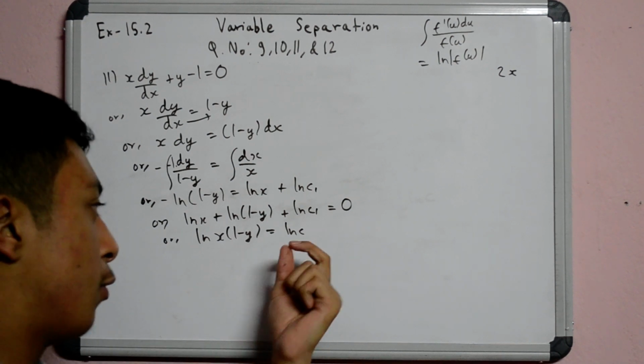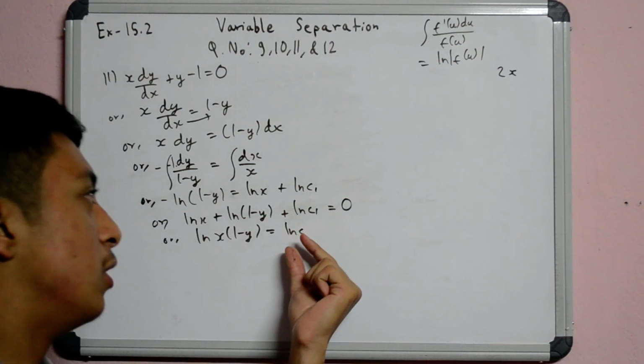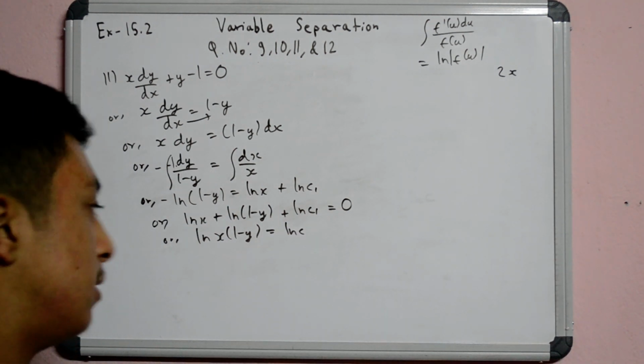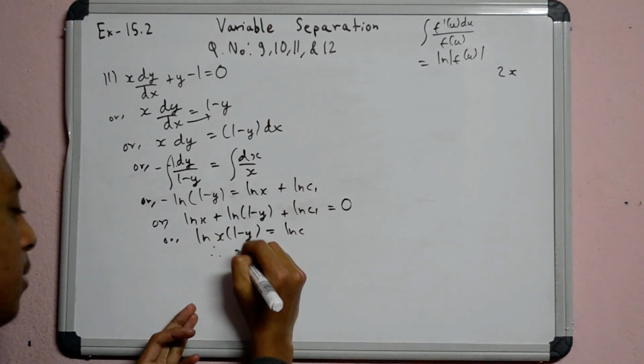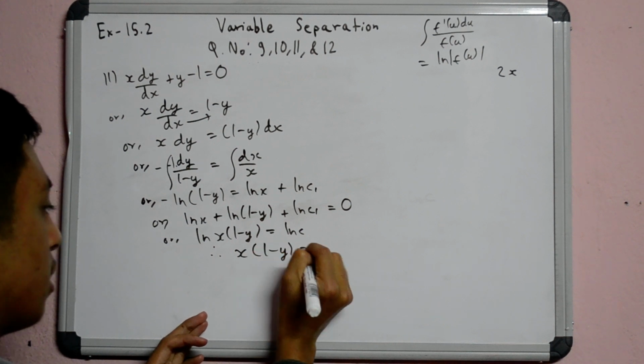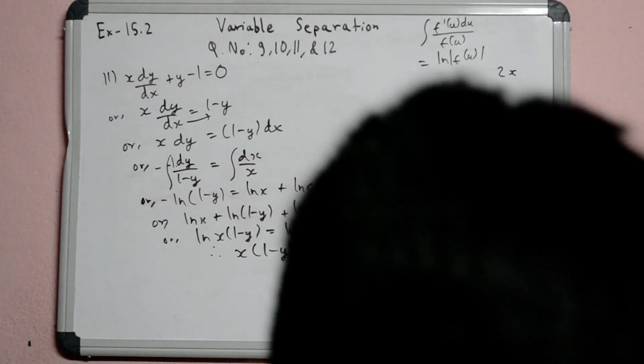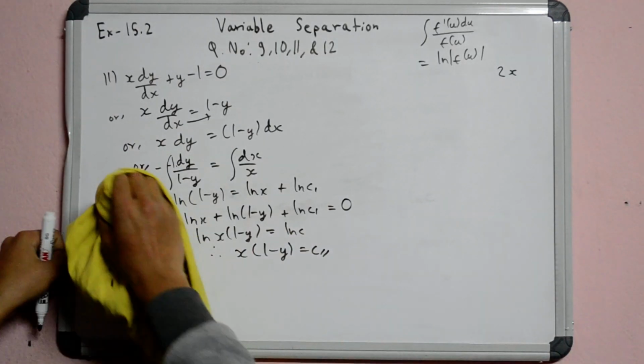And if you're wondering how this becomes positive, you should check out my video on how constants work. And here in the next step it simply becomes x into 1 minus y equals to c, which is our required solution. Now let's move on to the final question for the day, question number 12,